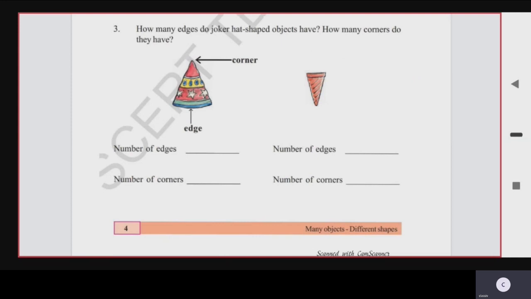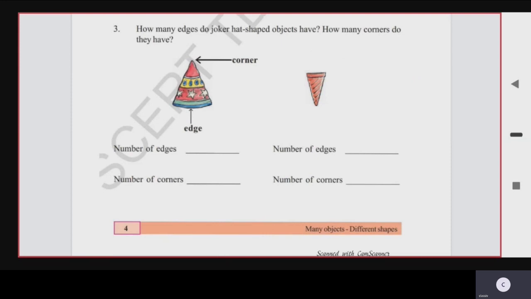You can see that the edges and the corners have been indicated here, and we have also learned in our previous module how many edges a cone has. So a cone has one edge and one corner. So in this diagram, the joker hat has the number of edges as 1 and the number of corners as 1.